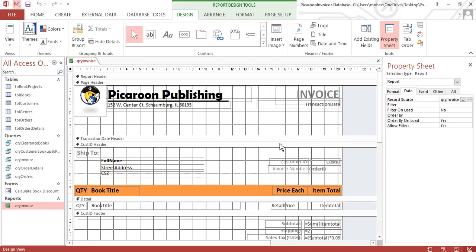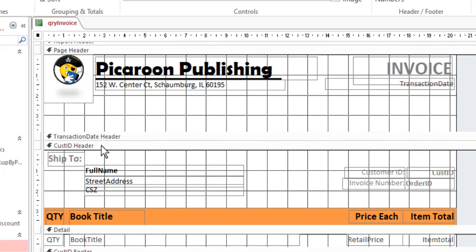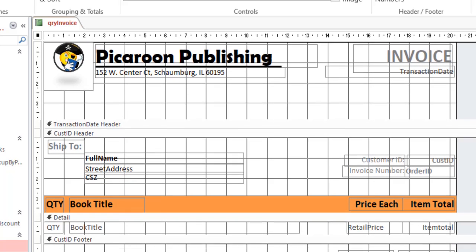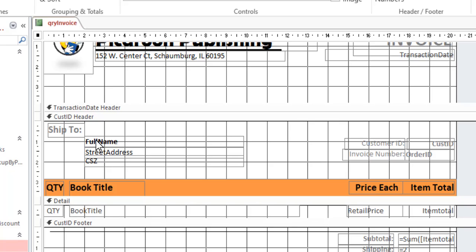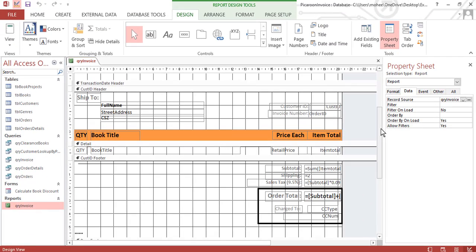Okay, so now when we are entering expressions in reports, we are going to open this Picaroon report. In this you can see that the headers are given. The first report is divided into sections. The first section is a report header, then a page header, and the third section is a detail section, which is the most important section.